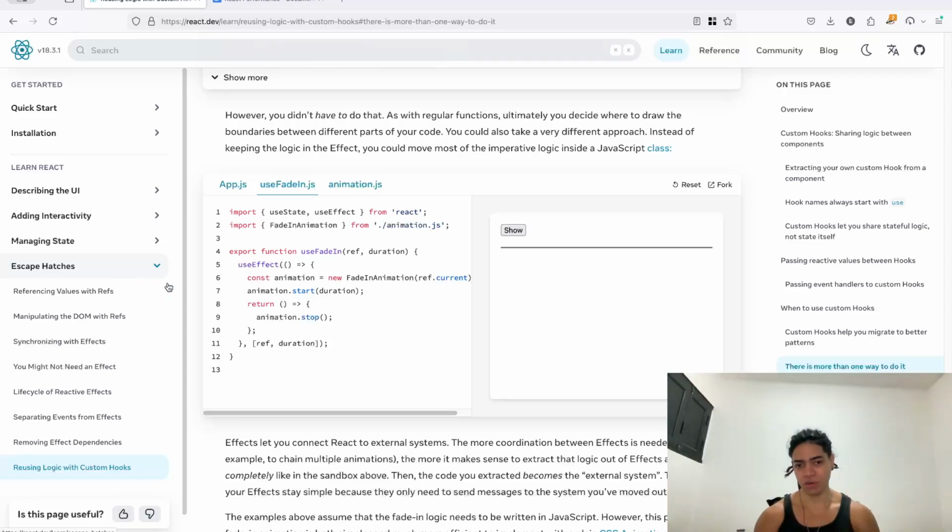So that's quite interesting. And now, especially here in the escape hatches, as a way to see how all of this fits together,